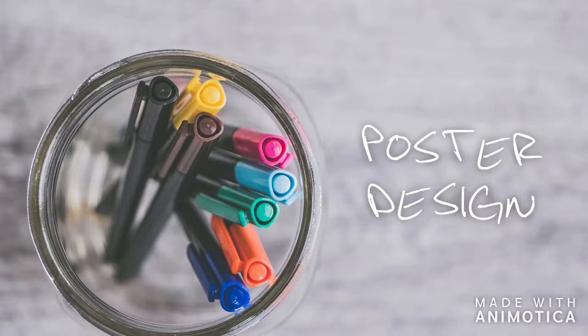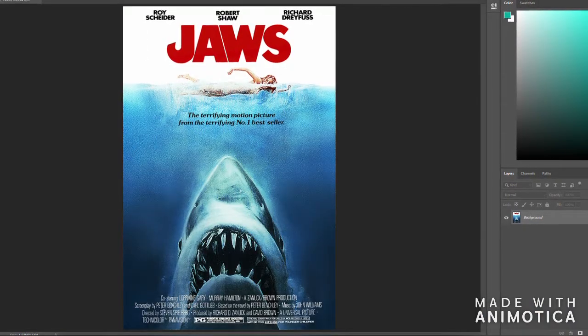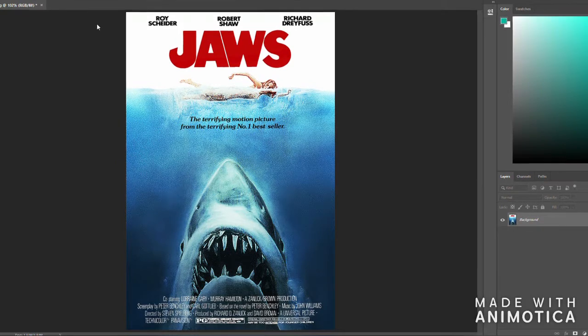Today we are going to talk about poster design. This may seem obvious, but the purpose of a poster is to sell you on something, whether it's an event, a belief, or literally a movie ticket. It should set a certain mood, not only through content, like the shark on the cover of Jaws, but through